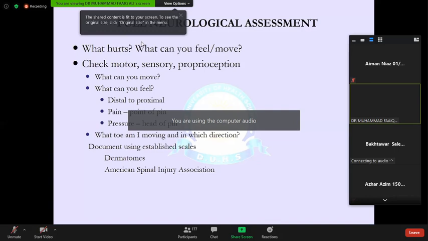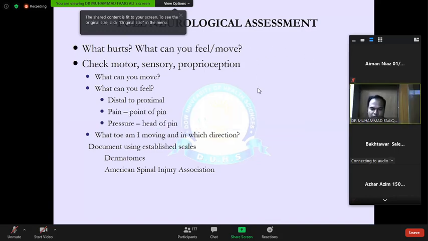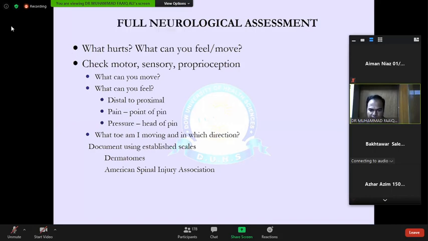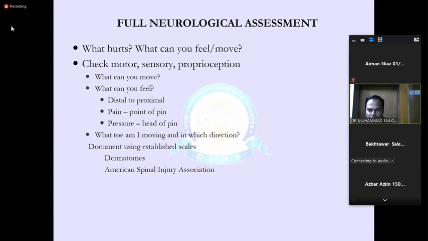Actually, you want to assess his orientation, whether he is oriented or not. If he is oriented, he will say, I was in a car, I was doing this job, that job. So this gives you an impression whether the patient is oriented or not. And lastly, when you have assessed, number one, the patient can speak. Number two, yes, the patient is oriented.